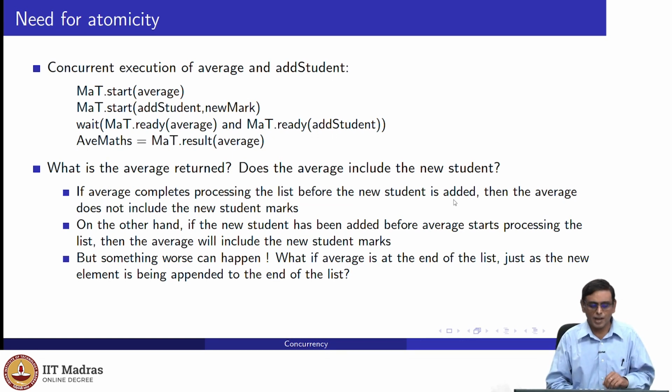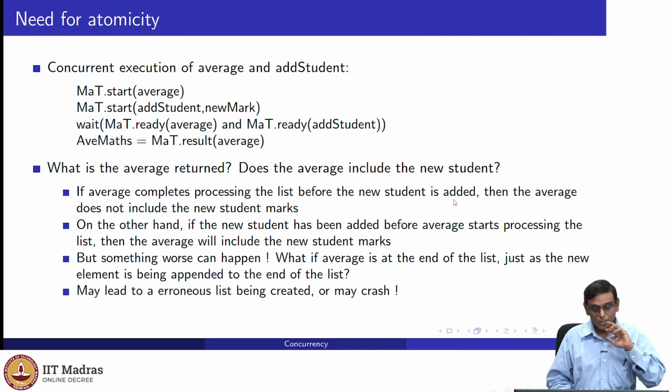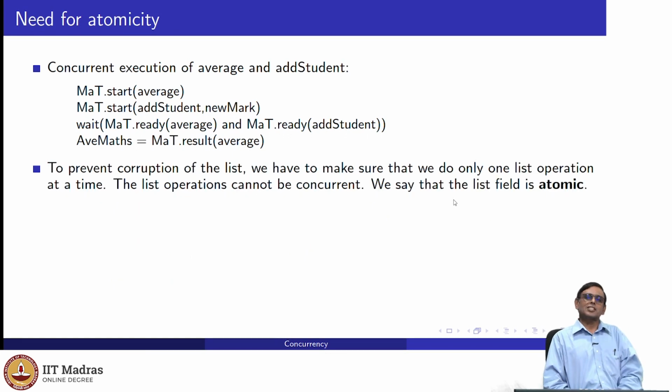I mean, something crazy can happen, right? It's possible that the list is completely corrupted as a result of this operation. Many times the system may crash and all that, okay? The list can be corrupted, and subsequent calls will all crash, and all this nonsense can happen. Therefore, you must be very careful about calling two things concurrently when they access the same thing, like a list and so on. So you want to prevent two people from accessing the list at the same time.